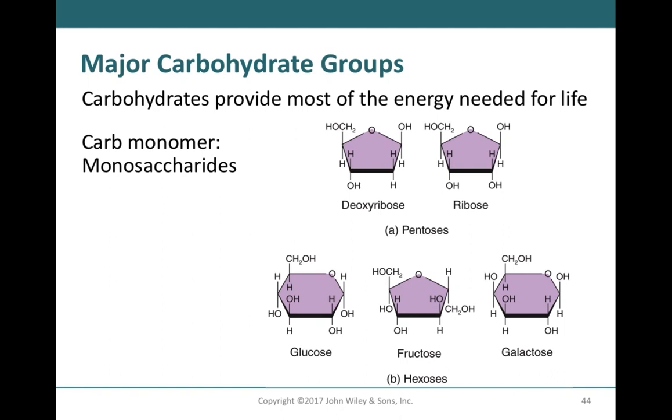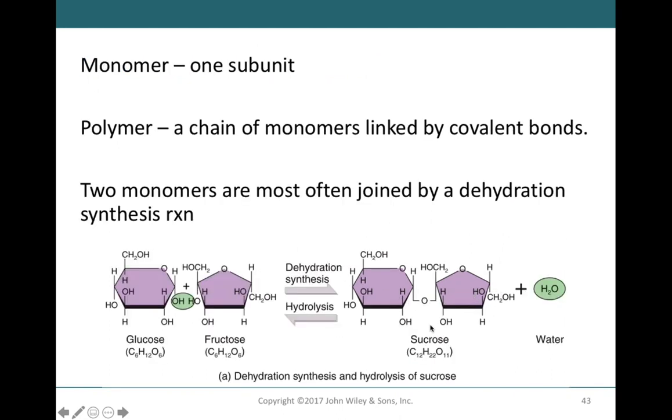One thing I want to mention is that in the picture where we had sucrose, I mentioned that this was considered a polymer. Well, it is because there's more than one, but we would more accurately say that this is a disaccharide. Glucose is a monosaccharide, and fructose is a monosaccharide. When we combine the two of them, we call that a disaccharide, for 2 saccharides. If we were to have 3, we would call them trisaccharides, and so forth. We also have oligosaccharides,